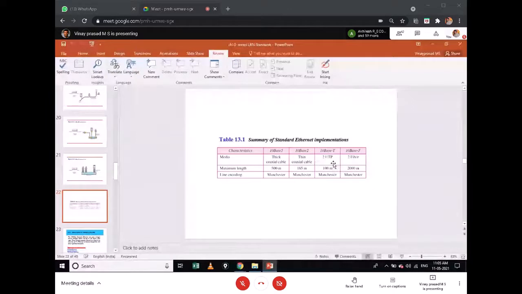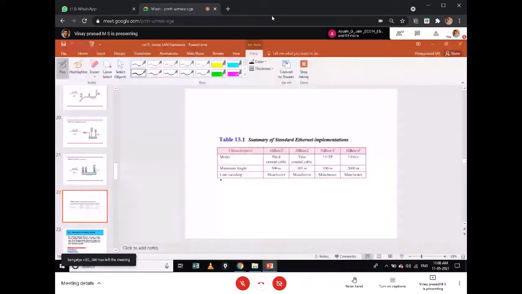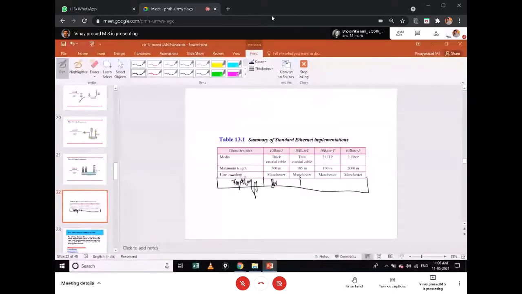If you go beyond it, your signal may get degraded, so you need to have an amplifier or something. You should choose a specific switch, and it uses a star topology. You can put another row here in the table which gives us the topology. Okay, you can write here as topology, where this will use a bus, and this would also use a bus. This would use a star, and this would also use a star.